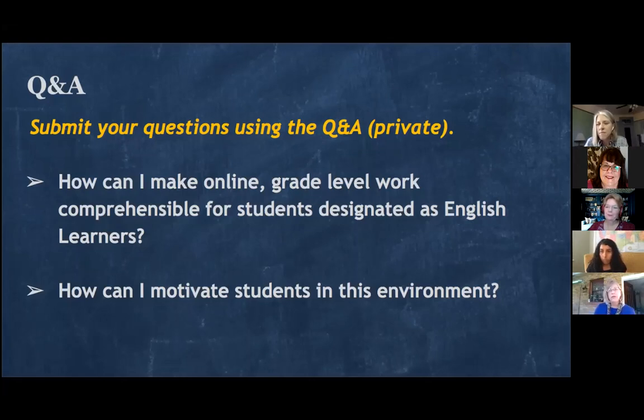So it's just what we have practiced before with chunking text and talking about it first, then reading it, talking about it more frequently for students who are just emerging in their language proficiency. But with a grade level text.